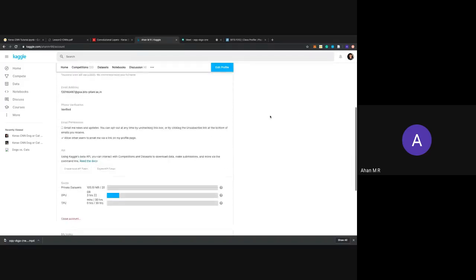The reason being, we'll be using the Kaggle API today. I want you to create a new API token. You'll be uploading this into your notebook today. So because of which I want you to download an API token right now.